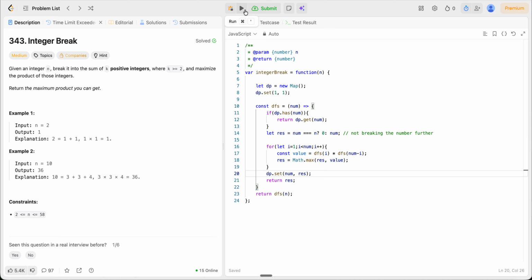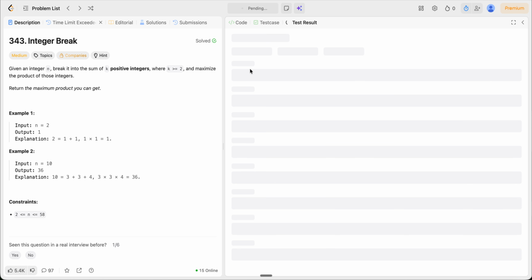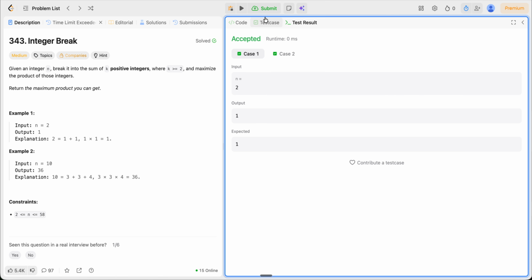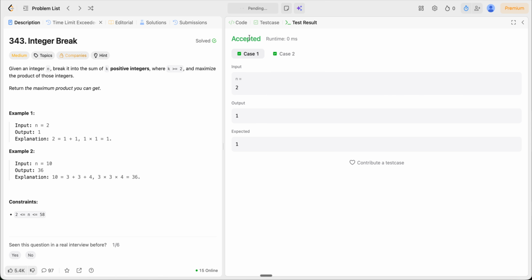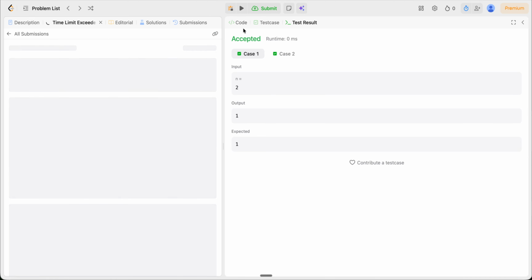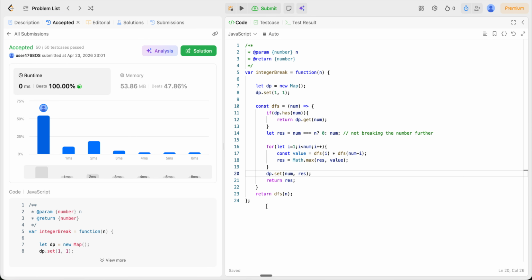Now let's try to run it. Let's submit it. Now let's also understand the time and space complexity of this. So if you see here, initially the number which we are passing is equal to n. So this loop will be iterating over n times,